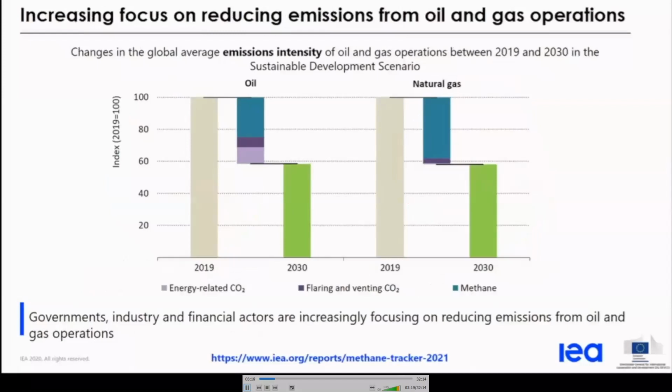Fossil fuels can provide an opportunity for energy access under the right conditions. However, increasing importance and attention is being paid to reducing emissions across this sector. In 2020, we've seen many countries, including China, Japan, and Korea, make net zero carbon emission pledges. The IEA has analyzed emissions from oil and natural gas, including a recently updated methane tracker, which shows country and regional breakouts of the primary emission pathways.